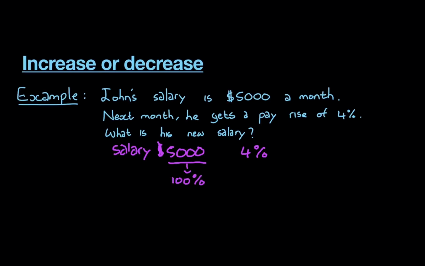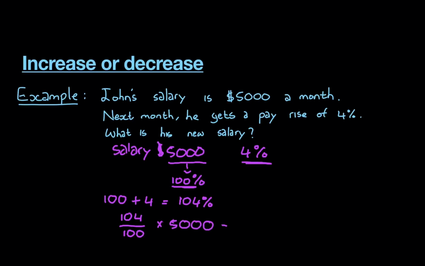Now we want to increase this value by 4%. So we say 100 plus 4 will give you 104%, and 104% is the same as saying 104 over 100. If you multiply this by 5,000, cancel the zeros out, 104 times 50 is